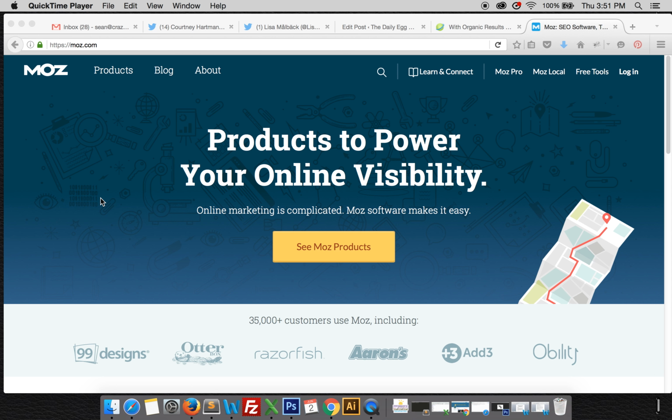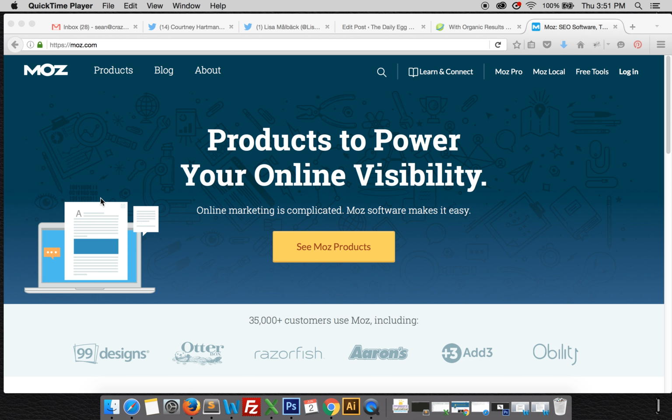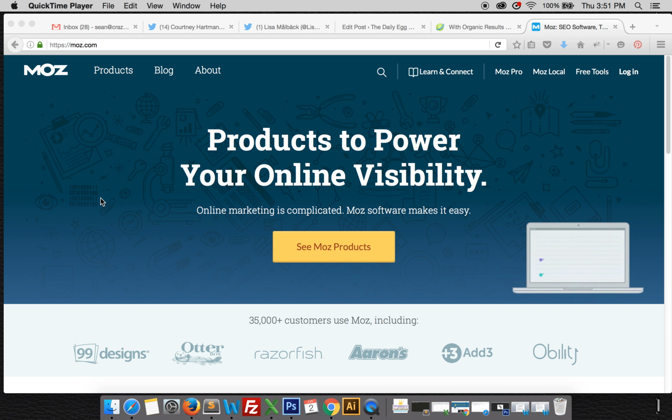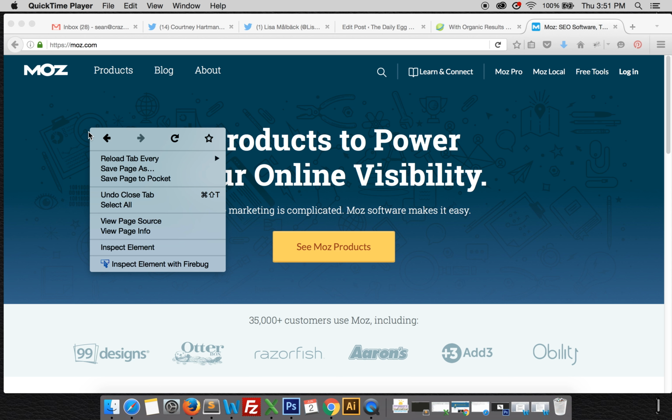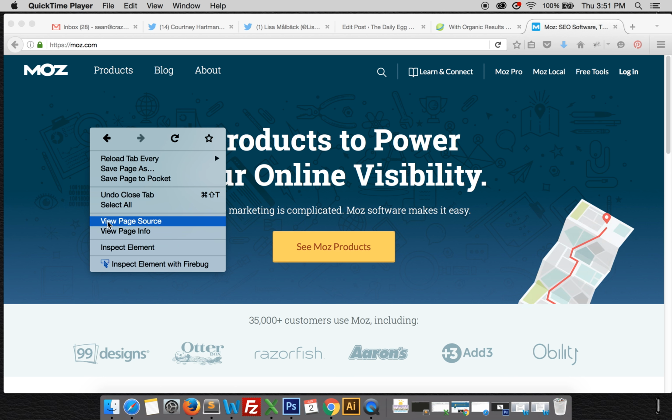And on page means what's in their source code, what's on the page. So this doesn't have to do with getting links or anything like that. So let's take a look around. The first thing I always do is I view the source and